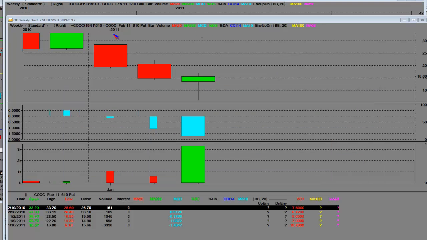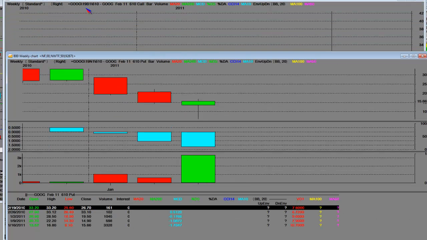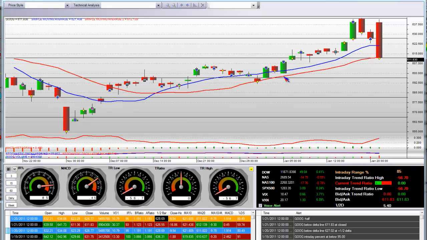One of the things I want to show is the 610 put to my MMTs. I'm going to pull this down. That is also a February 610 call. And we have various other strike prices that we will throw in here as we scan through them. MMTs, this is Google, one daily chart. And basically during the earnings season on a great earnings report, we can see that I've got a $5.40 half